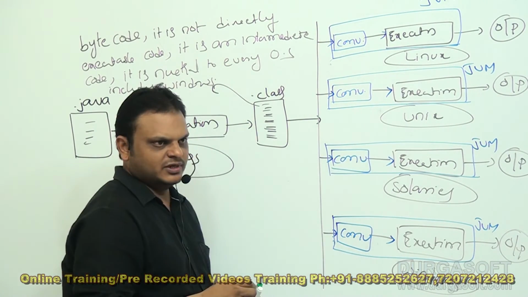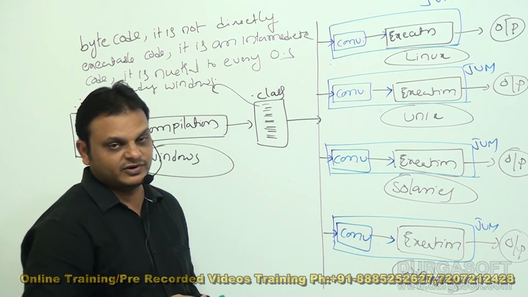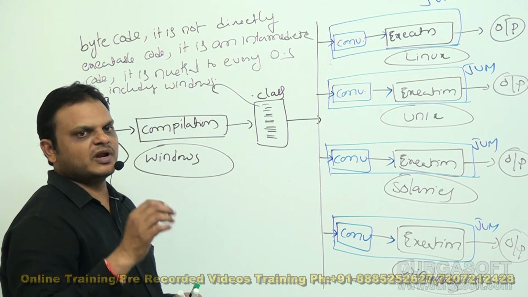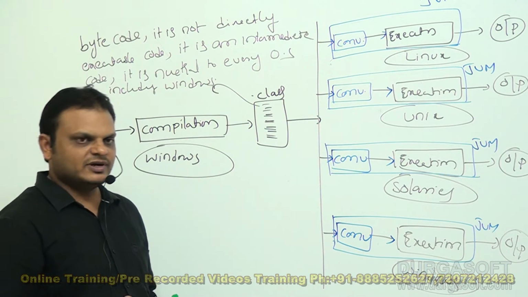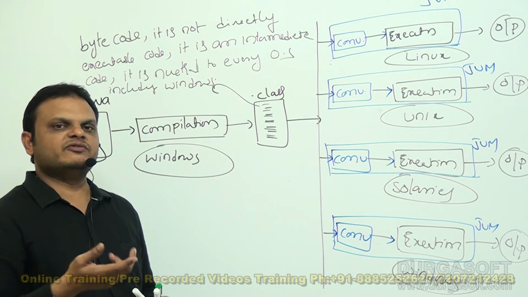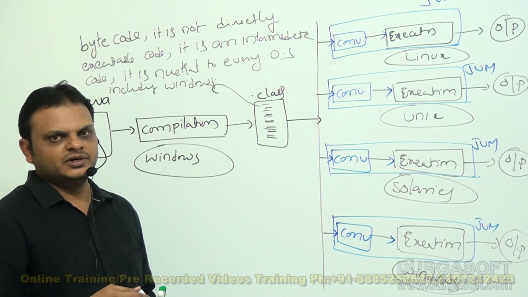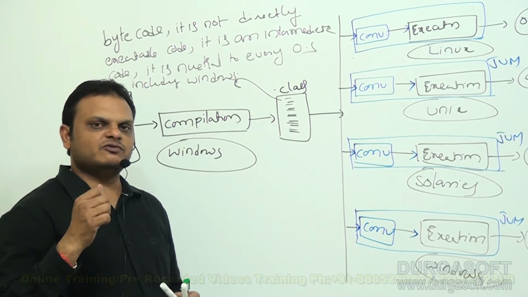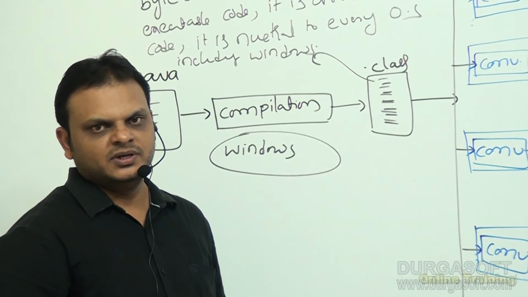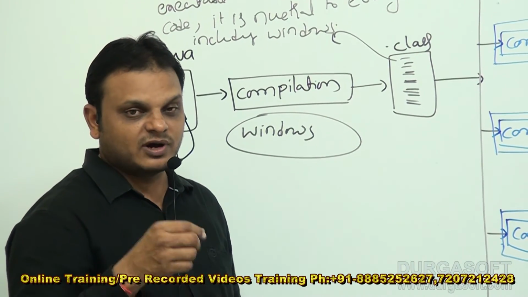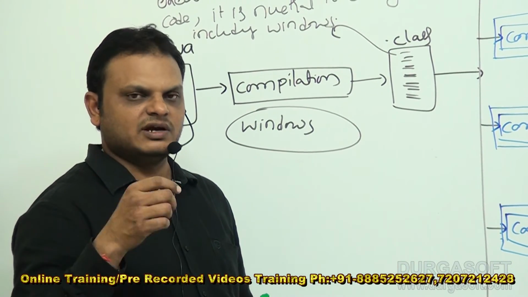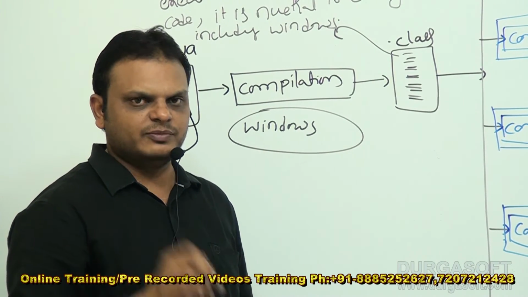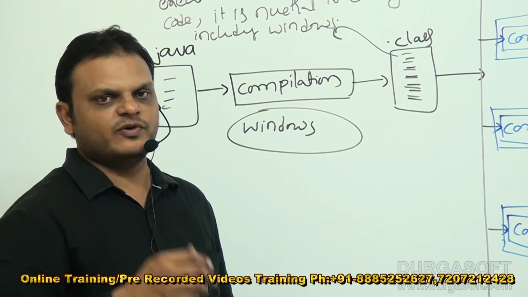That means because of JVMs only, the Java programming language is platform independent, but JVM is a platform dependent tool. Not only the JVM, the Java programming language is platform independent, but the totality of Java software is platform dependent. Inside this Java software, the Java compiler exists, JVM is available, Javadoc is available, javap is available, a number of tools are available. All these tools are platform dependent, but the Java programming language is platform independent.